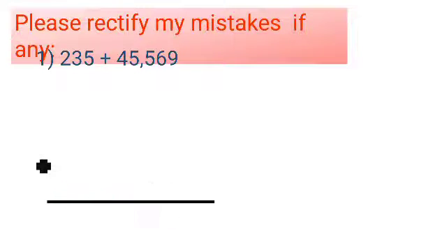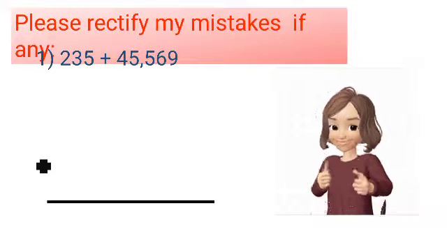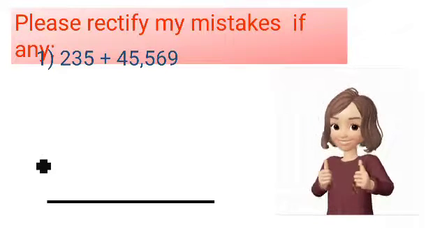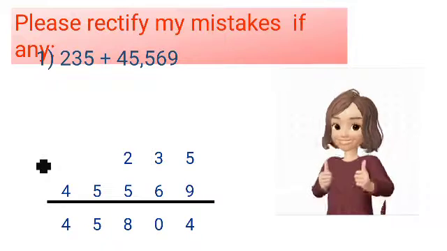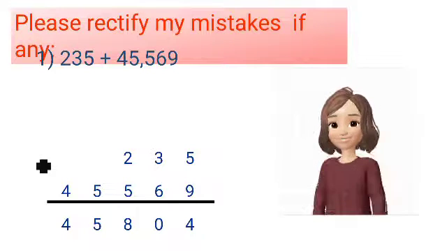Got it? Yes. The main mistake I have made here: the unit place number is 5 for the first number, and for the next number the unit place number is 9. So according to my convenience I have written them anywhere. No, that is the wrong method. Whether the number contains 3 digits, 4 digits, or 5 digits, always start with the unit place only.